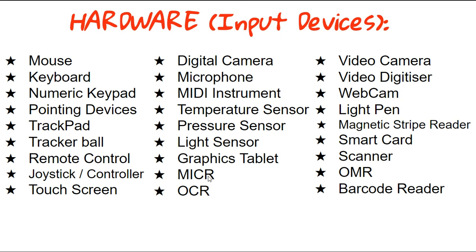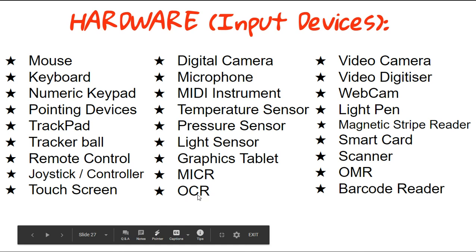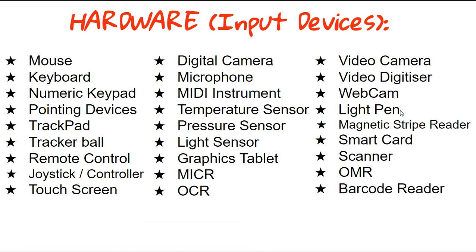So with checks, you would have learned about checks in EMS. When you present them to the bank, they've got special software that can recognize what is written on the check and can do certain scans. OCR, optical character recognition, that's with your scanner. You can scan a page of a textbook, and you can take that scanned page and you can edit the text. Video camera, video digitizer, webcam, light pen, magnetic stripe reader, so that you're looking at credit cards, debit cards,